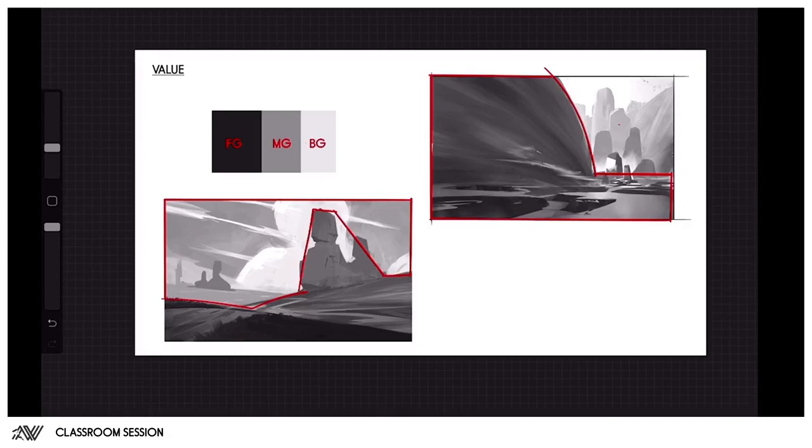And then when it comes to landscape values or environment values, yes, looking at masters, doing master studies, even if they're in color, try to do them in value yourself, is a really good way to study your gray tones or values. And also, taking stills from cinematography